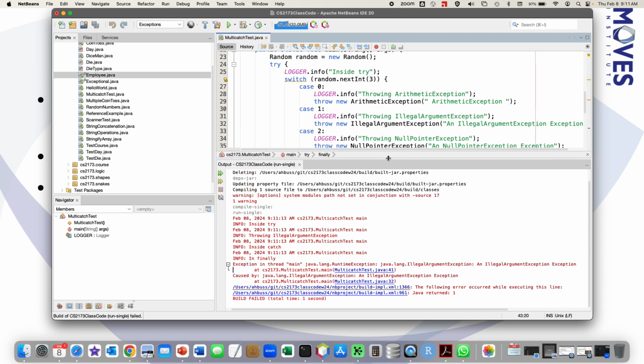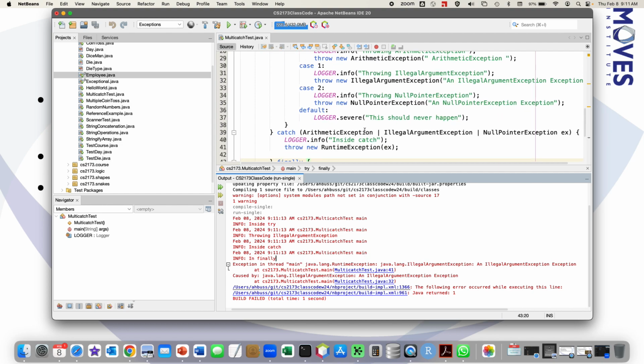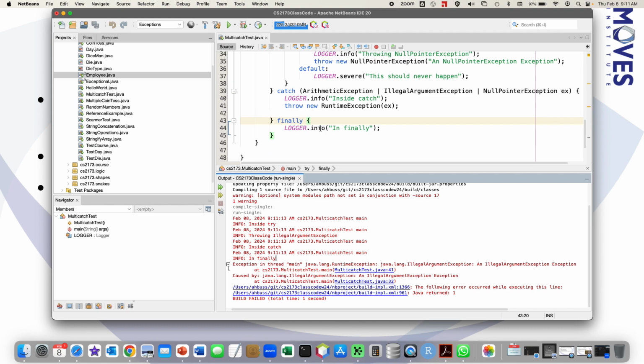What are you doing here? All right, let's look at it here. So here, okay, I was inside, and I'm logging kind of where I am. So here I'm inside the try, I'm inside the catch, and then notice I'm inside the finally. So the finally,